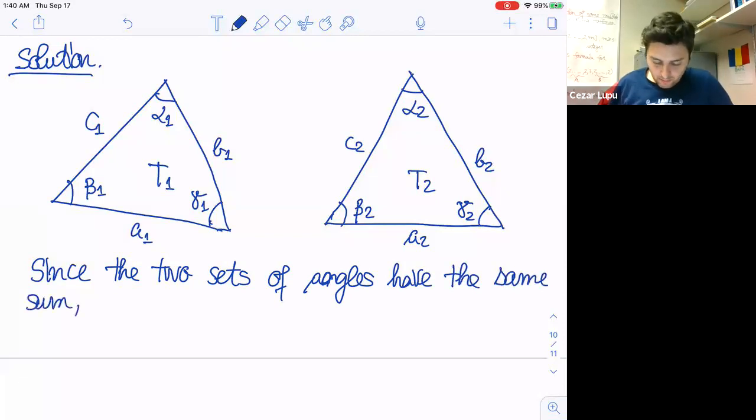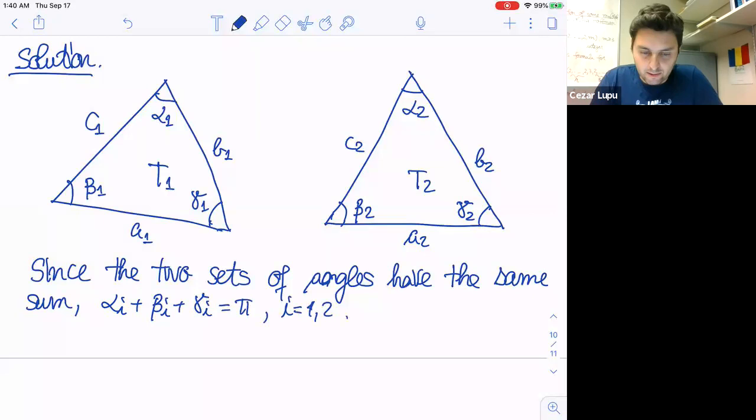In other words, the sum alpha i plus beta i plus gamma i is pi, for i equals 1 and 2. All right, so since we have this,